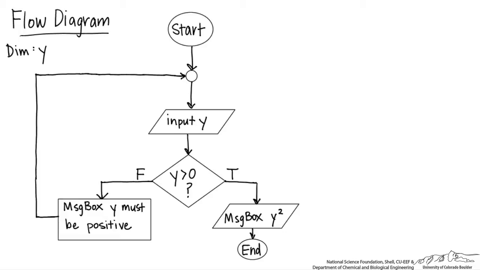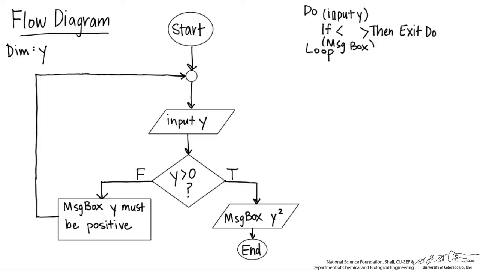There are a couple ways to do these loops in VBA. The most popular is do loop. Whenever you set up a do loop, there has to be some sort of condition that will become true so that you can exit the do. If there is not this line, then you'll be in an infinite loop forever. So we would have the input here. I'm just going to put a generic input y up here. Down here we would have a message box. So we obtain the input from the user. If y is greater than 0, then we're going to exit do. So that's how you can get out of here.